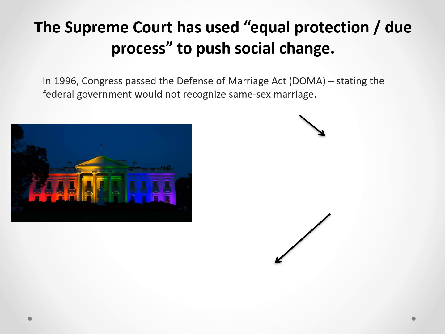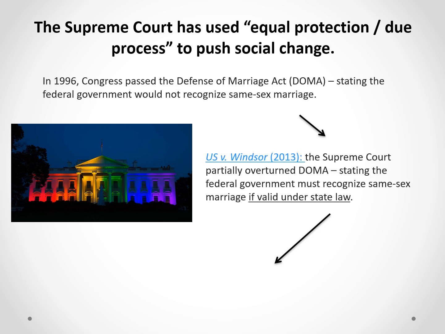But they gave the states the ability to choose for themselves, right? So at the federal level, the national government said, we're not going to recognize same-sex marriage for national purposes, but each state can make that decision for themselves. States can recognize same-sex marriage if they want. So then we had a succession of two cases. The first case was U.S. versus Windsor. And this is actually a tax case, very interesting.